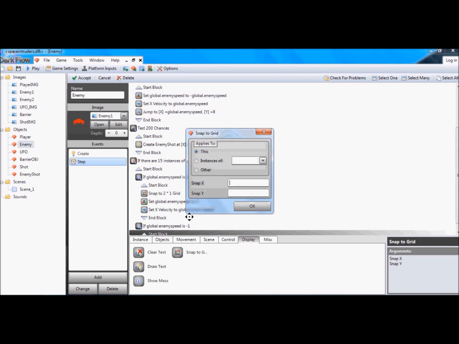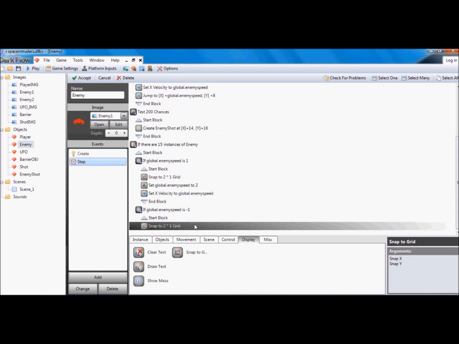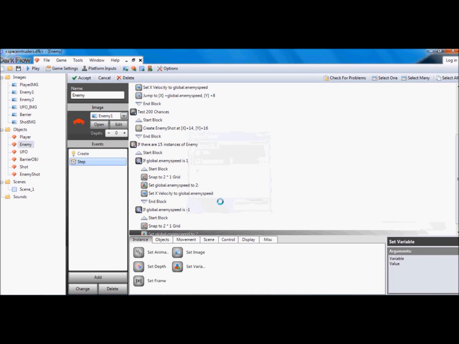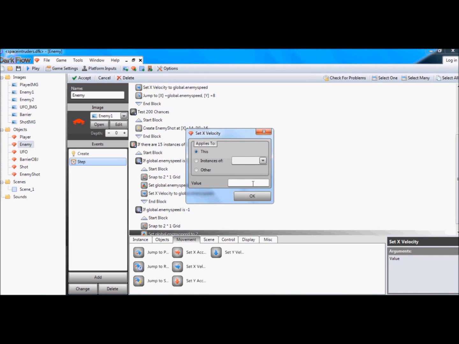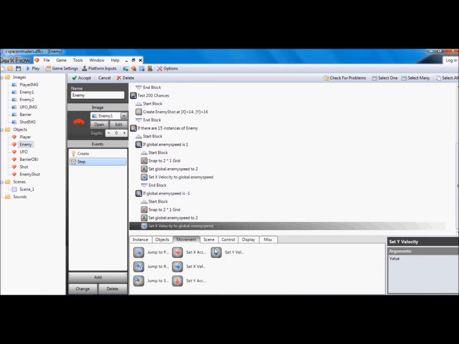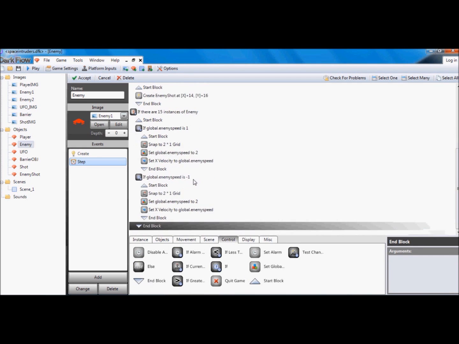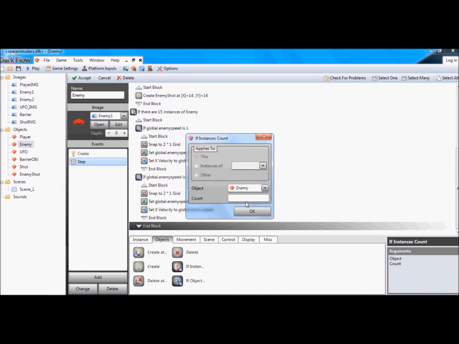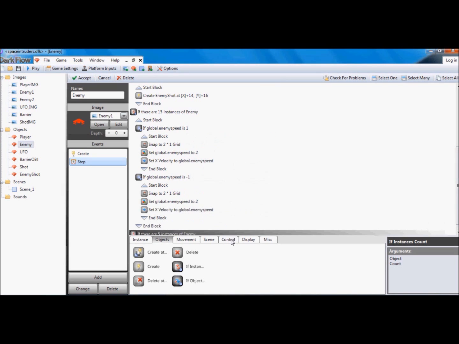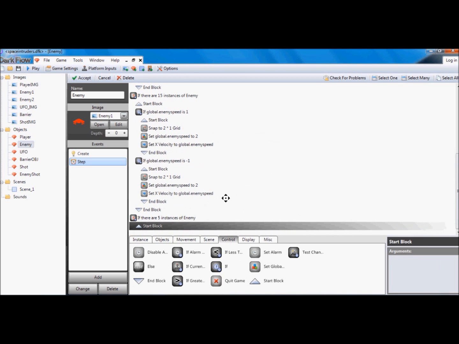So we'll snap to grid again, set the speed this time to -2, and set the velocity and close off that block. Okay, now I'm going to count again. So if there are 5 this time, it's time to speed up again, and we'll do the same process, but